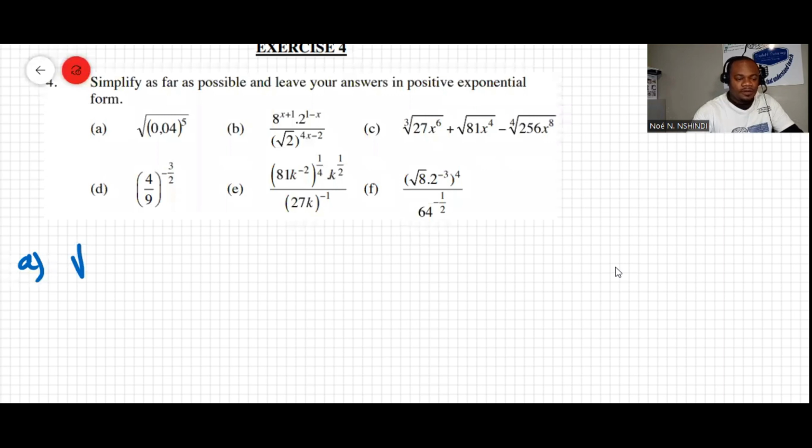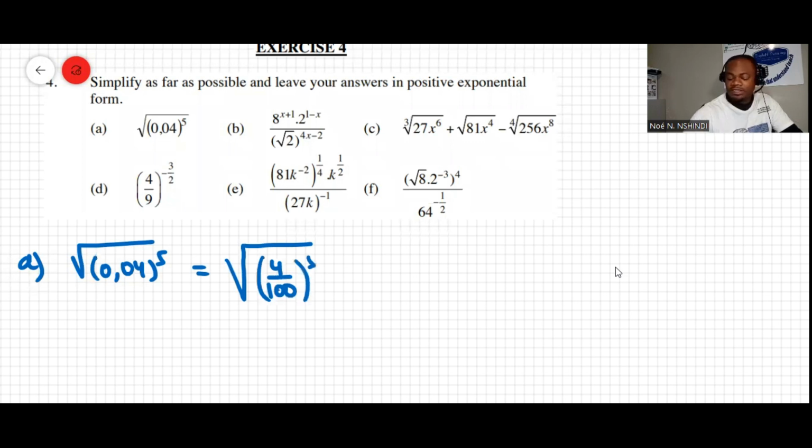Square root of 0,04 raised to the power 5. Okay, so 0,04 can be written in fraction form, so it's like 4 over 100, to the power 5. I say that because when the comma is here, we can move the comma one time and twice. So 4 over 100 to the power 5, and then